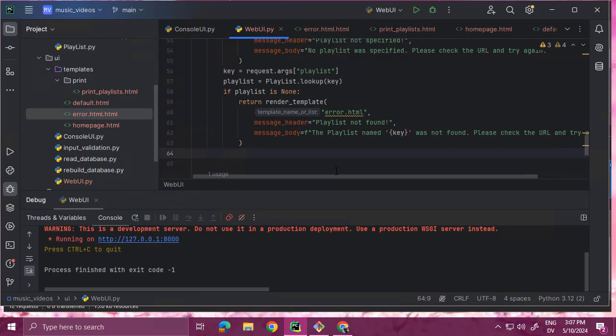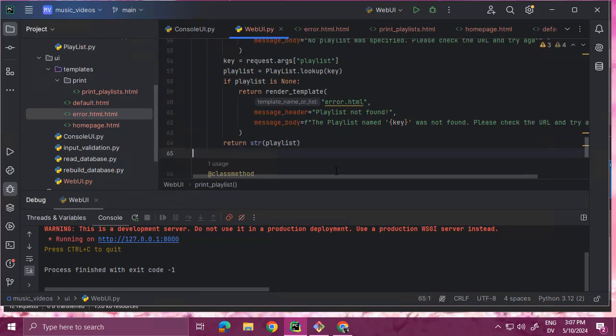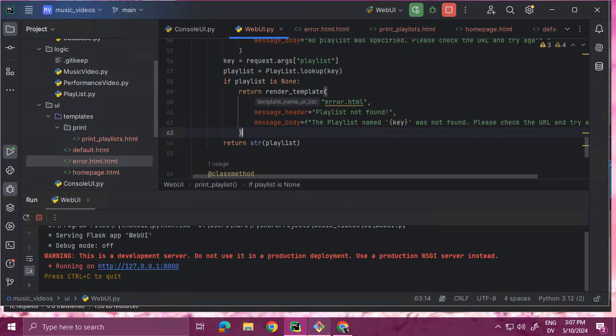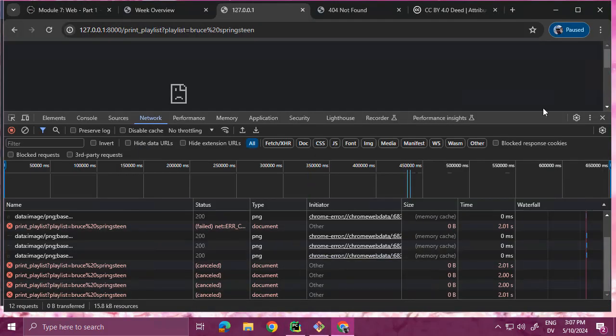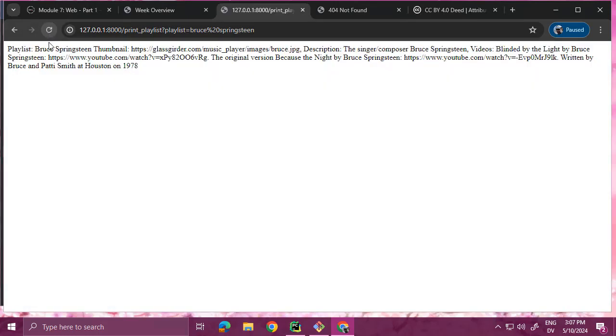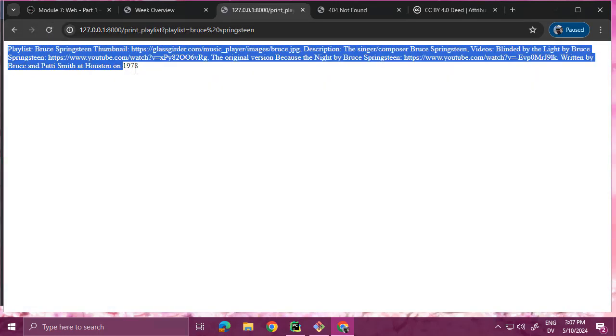For now, I'm just going to return str playlist, just to make sure that it works up till now. So let's go ahead and rerun it. And close the debugger, reload. So it did find the playlist, and here's the string method for it, which is ugly,